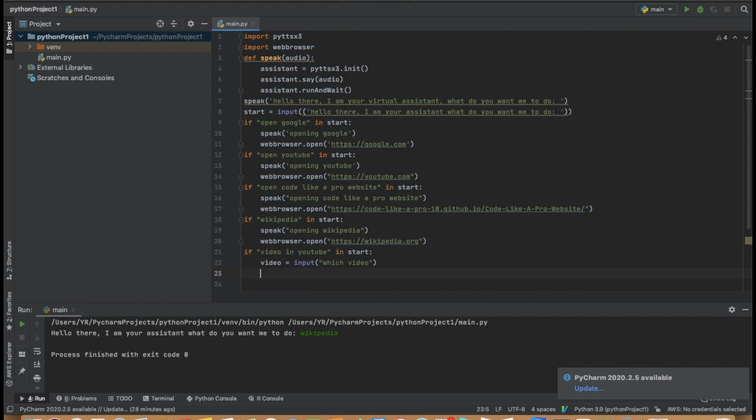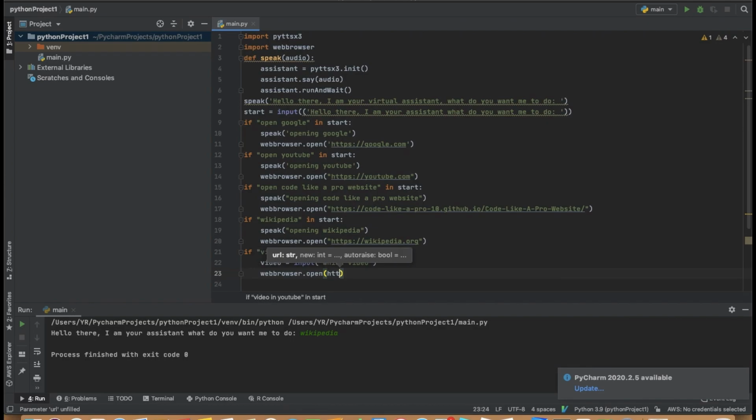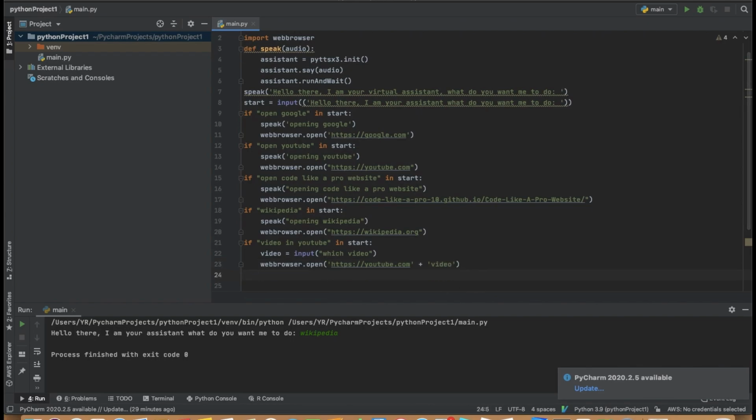So now I'll be like web browser dot open https youtube.com, and then we can be like plus the video, and then we can be like playing the video. So speak playing the video,